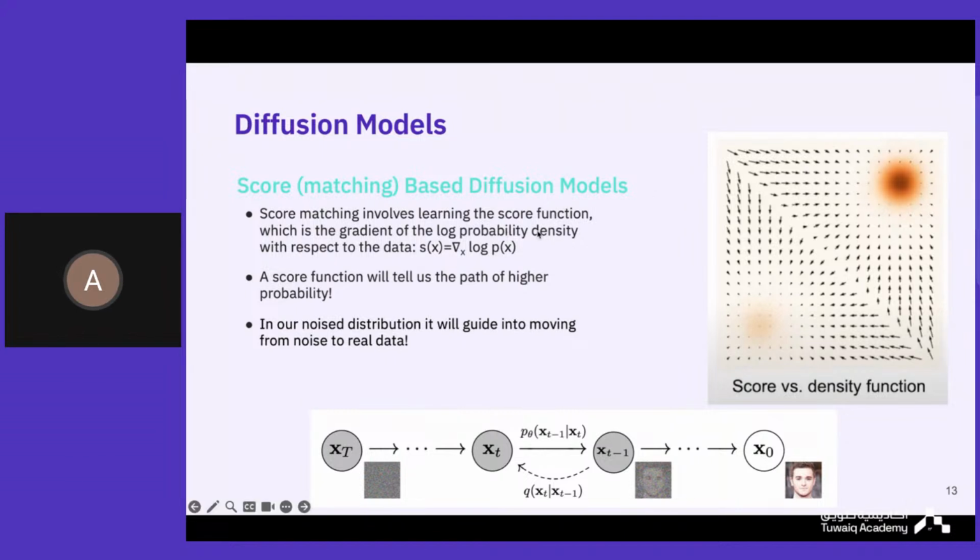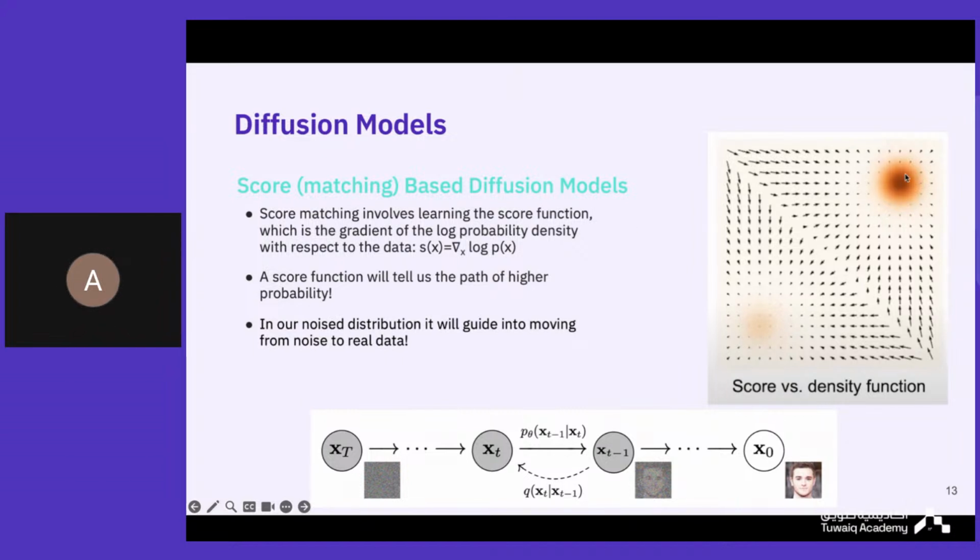So somehow we can tell that the score function is an indicator, a way for us to go to the higher density. A very nice analogy for this is when we optimize neural networks, where we compute the gradient, and the gradient tells us the direction of greatest change. In this case, the gradient tells us that there is a nearby minima, and it guides us through to the minima. The score function would do something similar in this case, and it will try to guide us